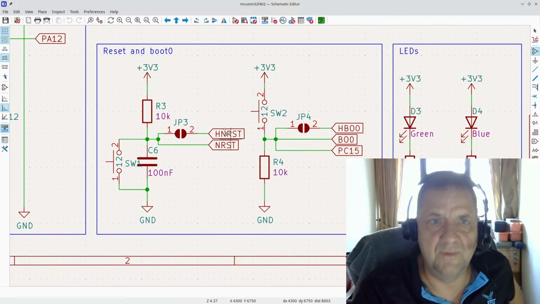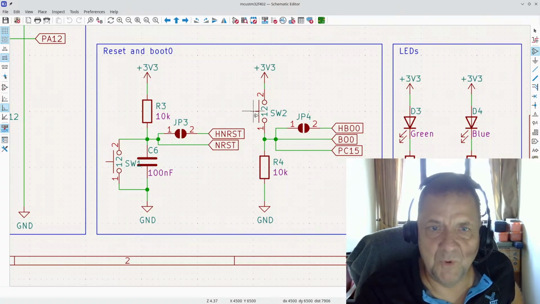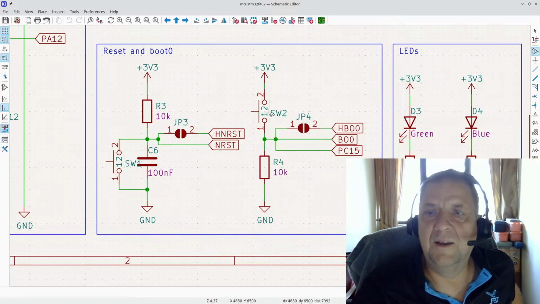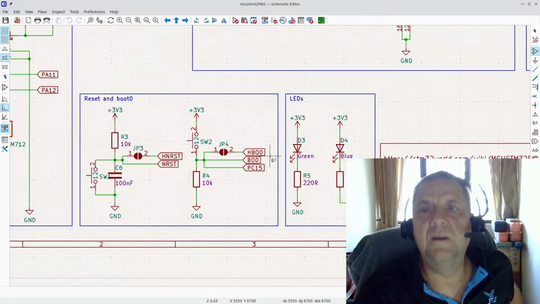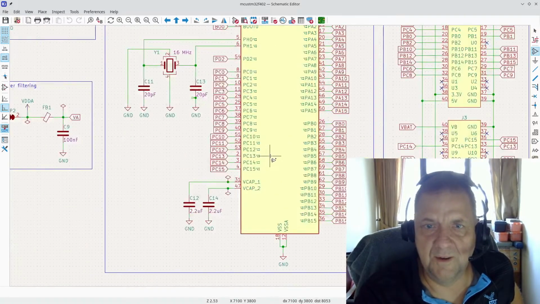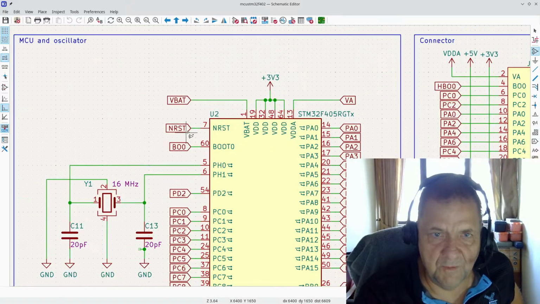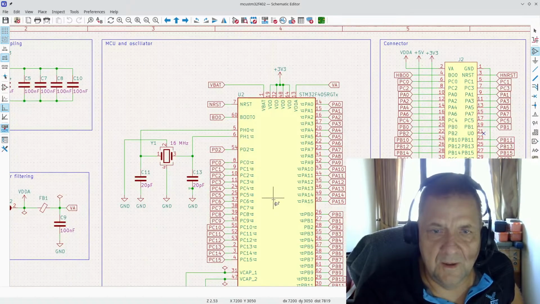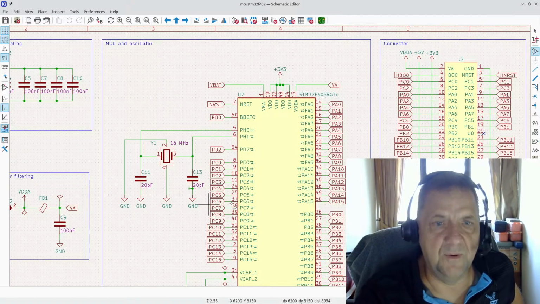Here we have the reset and boot 0. We have a button for each of them, so we have a reset button and a boot 0 button. We have a couple of LEDs. One is just hooked up to the power, and one is hooked up to PC13 on the MCU. Then you have the MCU up here. You have power connectors up here. Reset, boot. You have all the ports straight out on the header over here, and you have a crystal,